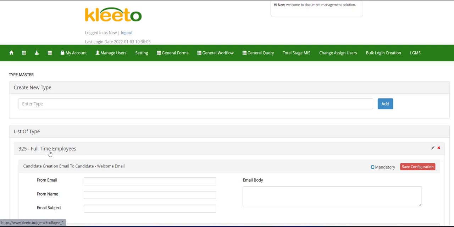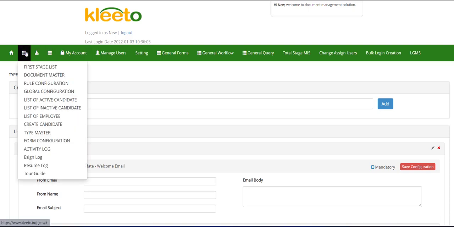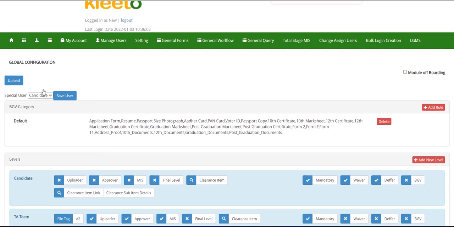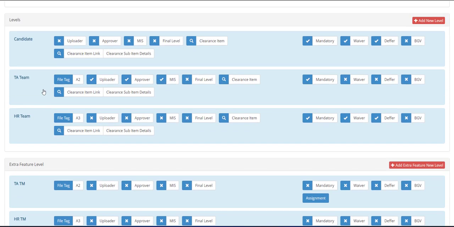Once you have defined the types of environments that you're creating, you have to now define the roles in the system, as in how many people will be there in the approval matrix. Here in the demo system, we have configured only 3 roles, which are the candidate, the recruitment, and the HR team. These are the sequential roles. There is a candidate role, and above the candidate, there is a recruiter, and above the recruiter, there is an HR. You can have as many roles in the system as you may want to.